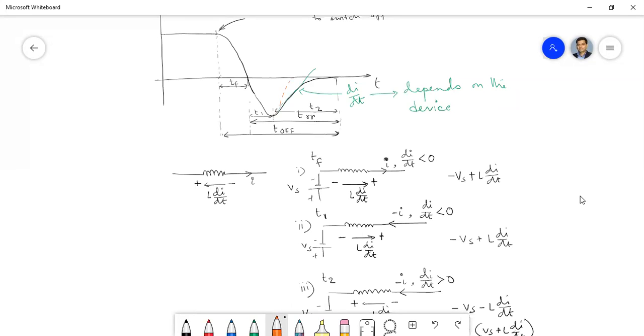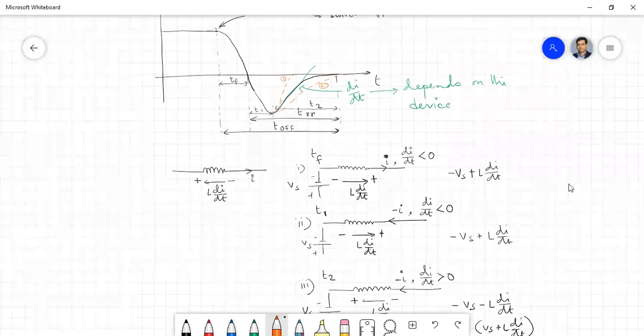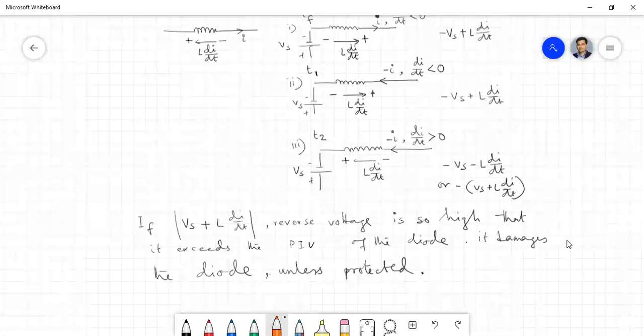Like this, or making it flatter? The second one. Which one should we go for? Two, sir. Flatter. Two. So that means if we have the device having the two nature, then we can get less L di/dt, and